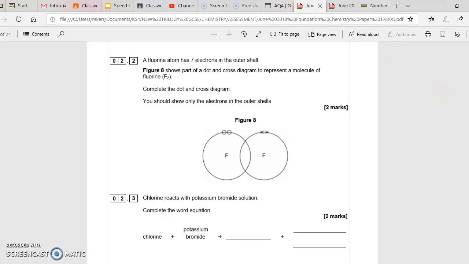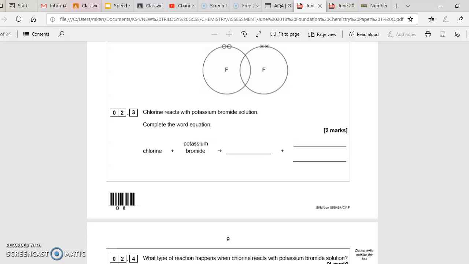Next question. 2.3. Chlorine reacts with potassium bromide. Complete the word equation. Please pause your video and answer the question. Okay, so this is known as a displacement reaction because you've got potassium, which doesn't really matter, but you've got bromine and chlorine, and this is showing chlorine is more reactive. So chlorine displaces the bromine from the potassium bromide,